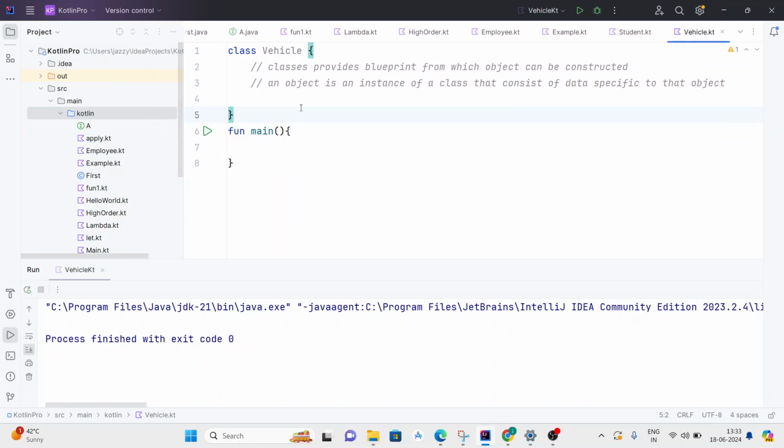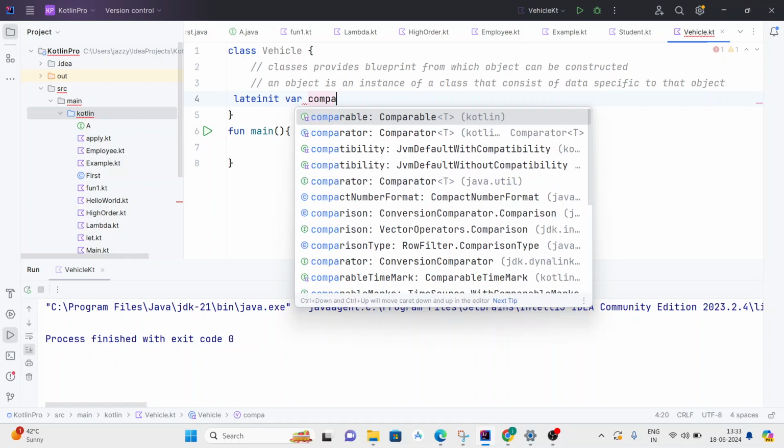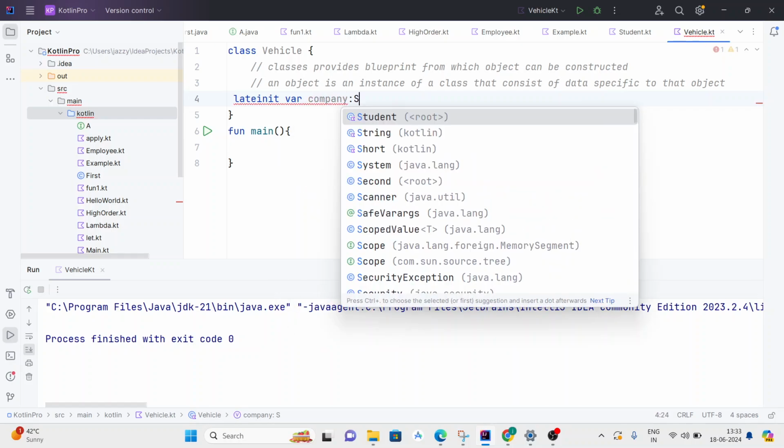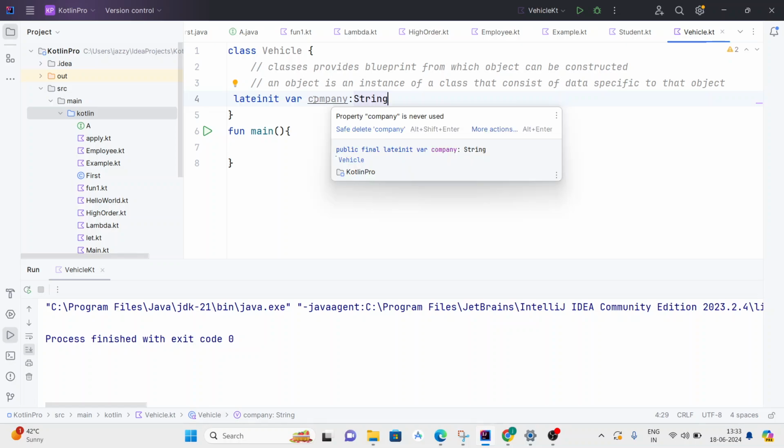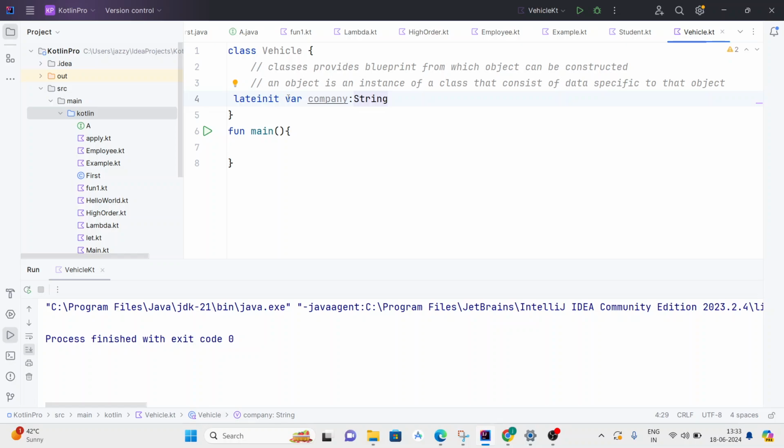Here I have created one class, Vehicle. Now I will take two fields, lateinit, where company is of type String. In Kotlin, you cannot declare a variable directly. If you want to declare a variable, use the keyword lateinit. Unlike other programming languages where you can directly declare the variable, Kotlin doesn't allow us to declare the variable directly. You can declare it by using the lateinit keyword, or you have to initialize it to null, as